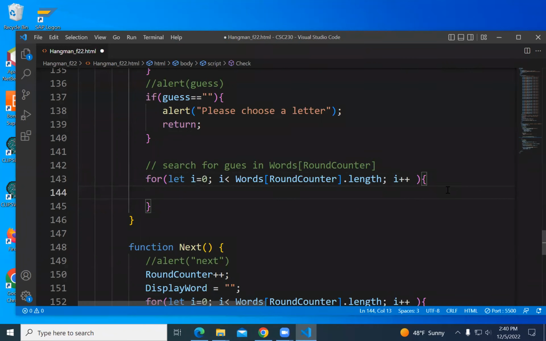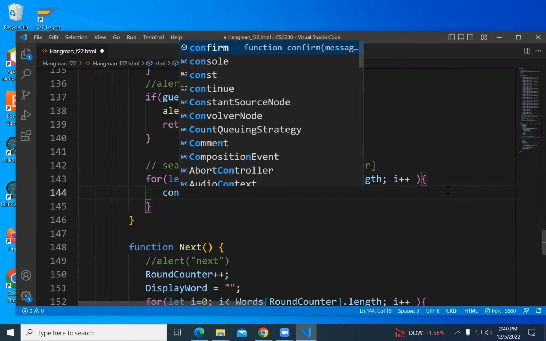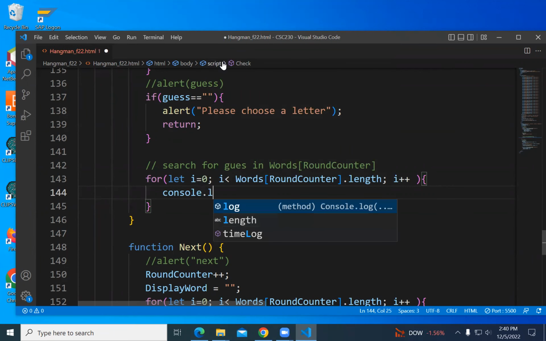Okay. So I want the ith letter of words round counter, and I want to compare it to guess. Let's just console log for a second and see what's going on here.